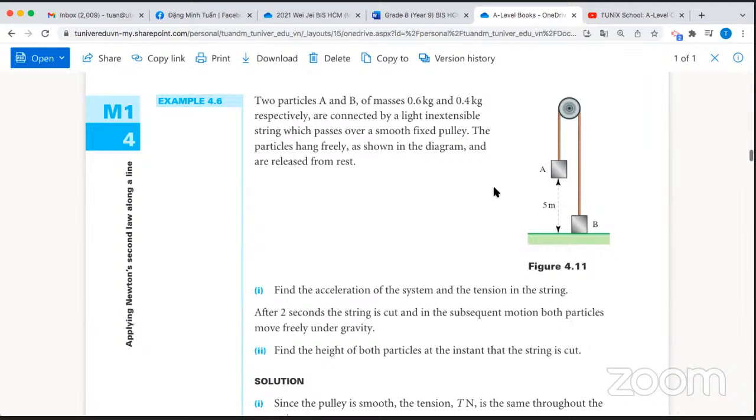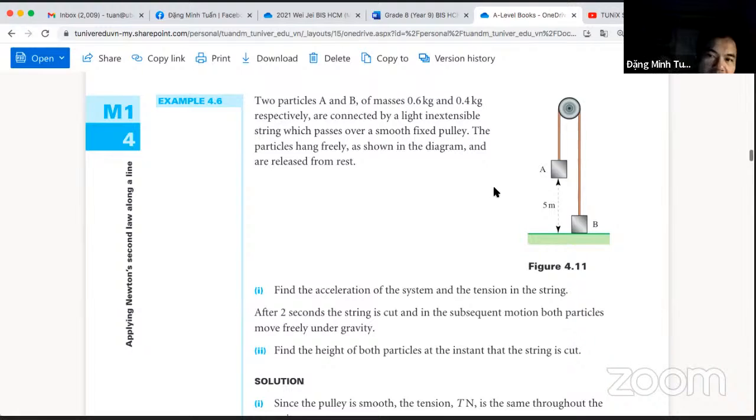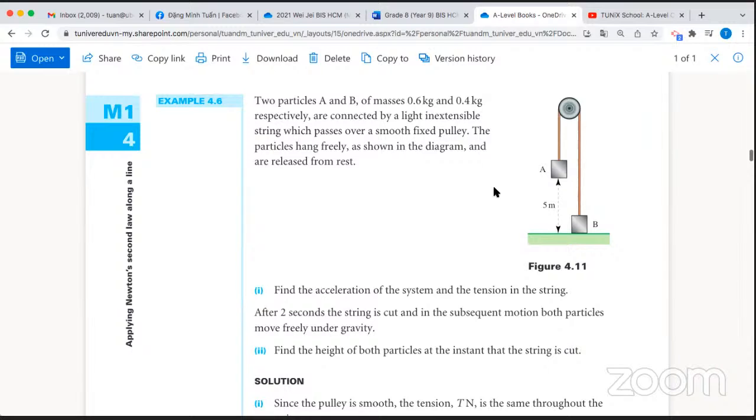So A goes down and B goes up. And the tension of the string is